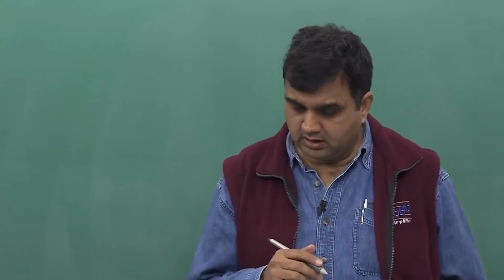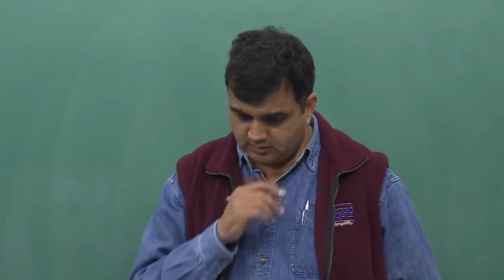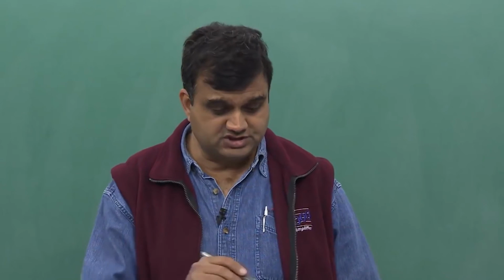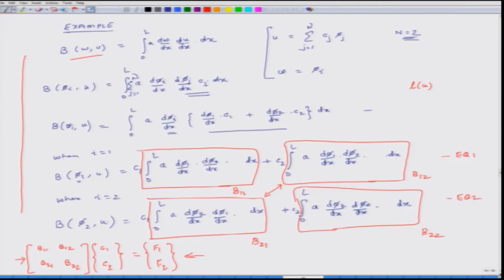Now, two important things I wanted to make. The first thing is that if you look at this B matrix and at these terms B12 and B21, they are the same, right, because you have d phi1 over dx times d phi2 over dx, and here the differential of phi2 with respect to x times the differential of phi1. So, it is a symmetric matrix, and this symmetry comes because our original function B was symmetric. It is directly because of that reason.